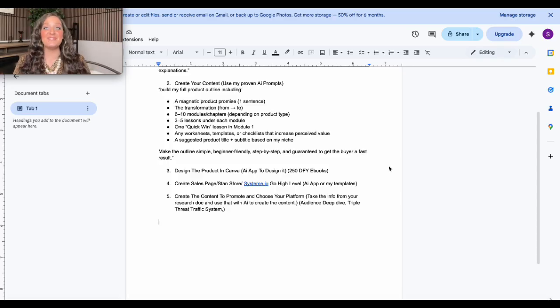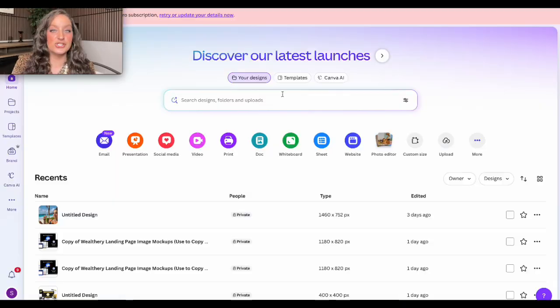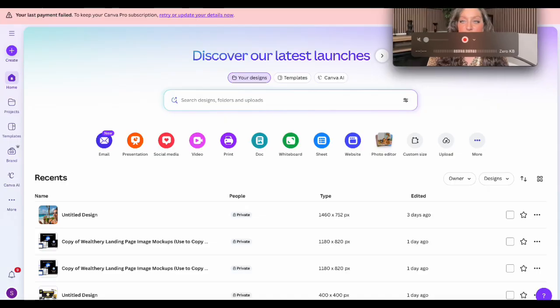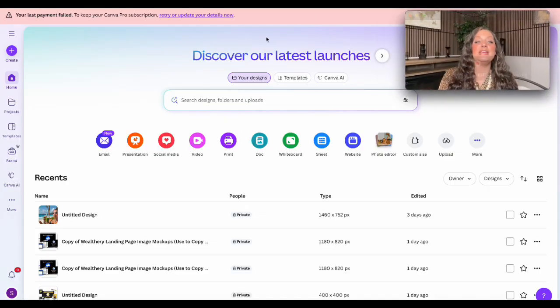But for the sake of this demo, let me go ahead and show you guys how to do it inside of Canva. I love Canva. I've actually created and built out 20 different courses from scratch, from all of my expertise. So I absolutely enjoy making digital courses. So now we're right here on Canva.